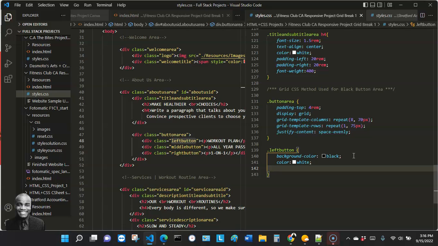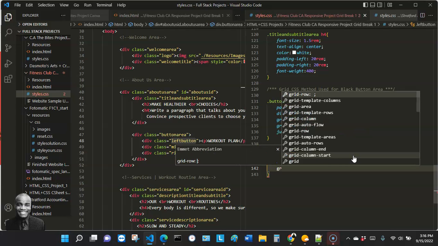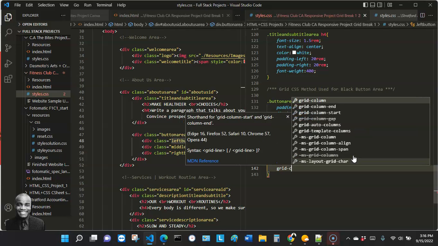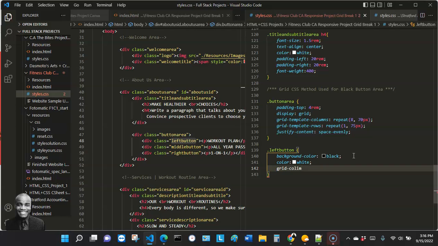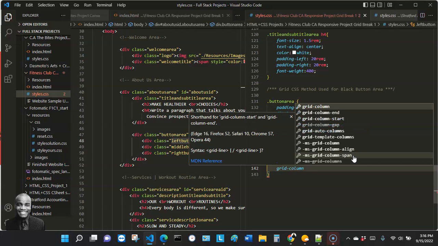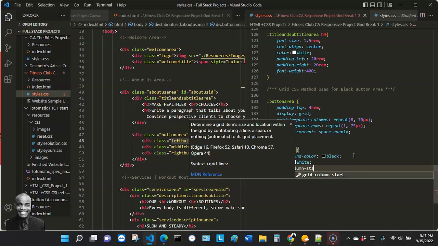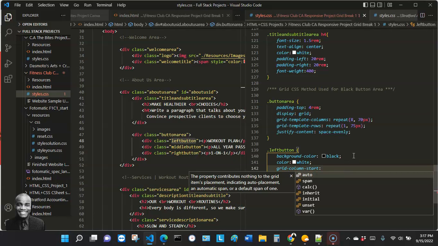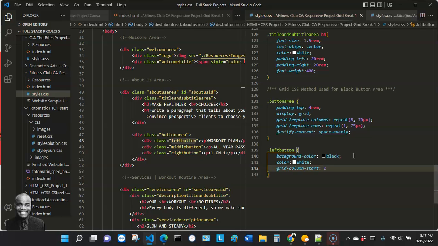Okay, and then we want this specific column for this specific button. Let me see, grid column, man, I can't even type. So let's say grid column start. Okay, I want this button to start like from row 2. Okay, and I want it to span